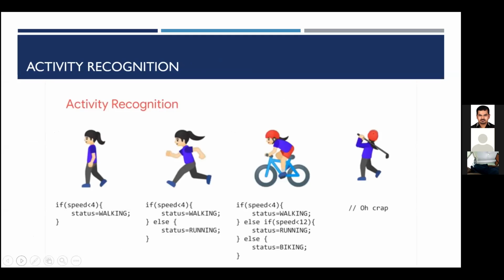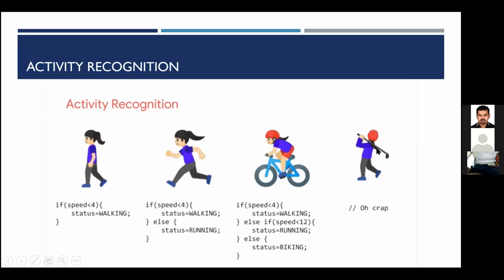Let's see, we are trying to do traditional programming for activity recognition. Imagine that you have got some pictures like this of a person walking, running, then cycling, and then some other picture here.